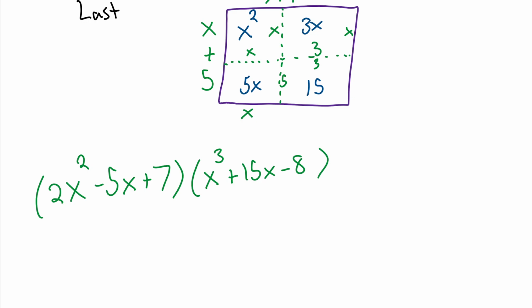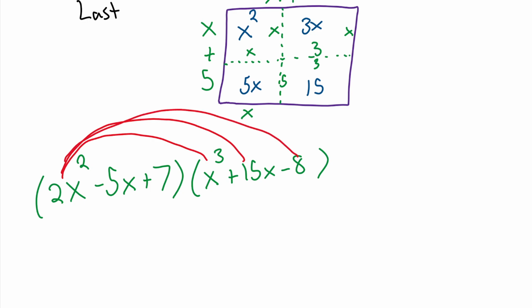You can go through the distributive property steps, or you can just go through term by term. I would do 2x squared times the first term, second term, third term, and see what you get. So we get 2x to the fifth